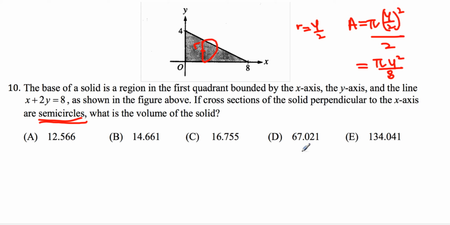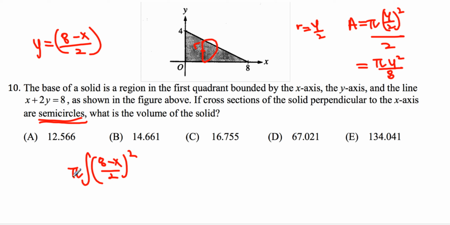Now, let's try to calculate this one. Here, area becomes pi because I'm just taking this one off. Y, what's the y value? Y value in this case is equal to 8 minus x, divided the whole thing by 2. So we get 8 minus x divided by 2, squared. So that's pi r squared. But we have 1/8, so I'm going to divide this whole thing by 8, which goes now from 0 through 8